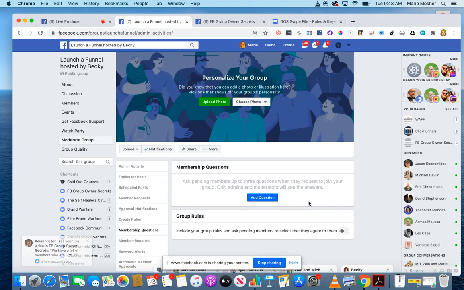And then the third one, you want them to give you their email in exchange for giving them some sort of value, whether it's a video or a guide or whatever. So if you have your group public, it's not going to affect being able to collect this data, so you can still collect it. And then the really cool thing that we were talking about yesterday as well is if you approve a member, and let's just say you're using Group Funnels or Group Convert, and you're collecting that data, you don't even really need the email. So it doesn't even really matter if they give you that email,